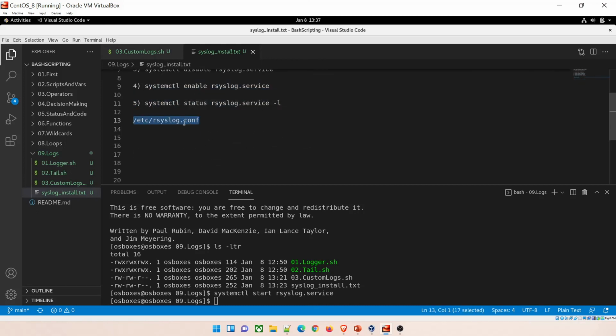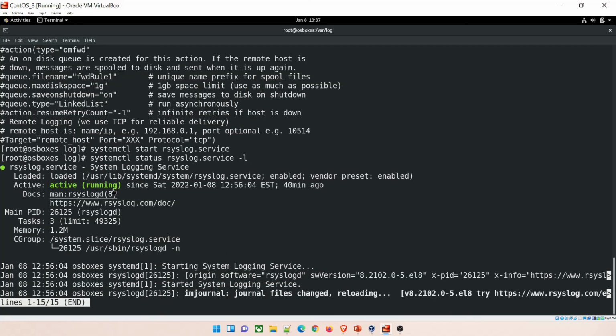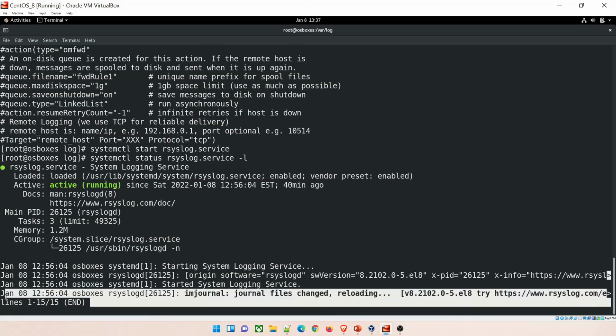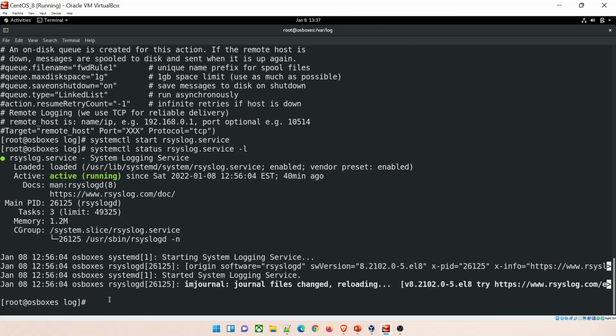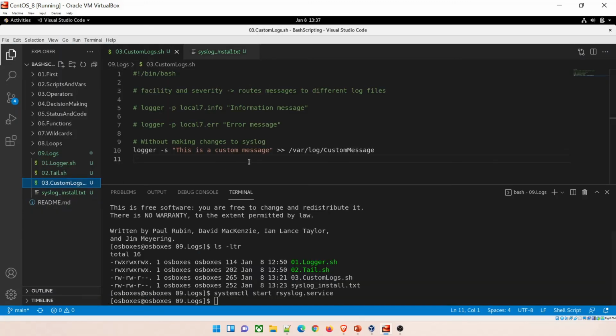And this is where our sysconfig file is, which I just showed you. I think this terminal does not have read access, it cannot read it over there, so you can do it from the terminal part. If you want to go out of this, just press Ctrl C and it will go out. Perfect. Let's go to custom logs.